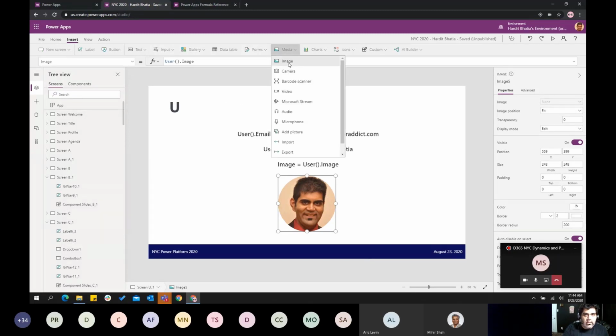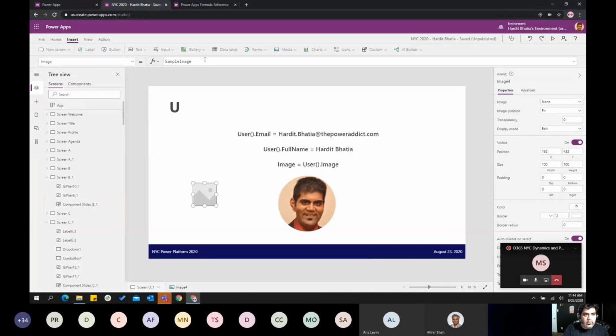And one other tip here is about the image that is added by default. If I come in here and say image and user.image, it is square, which may not be the best look. So if you want to turn this into a circle, depending on what the width and height of that image is, say 155 or 150,